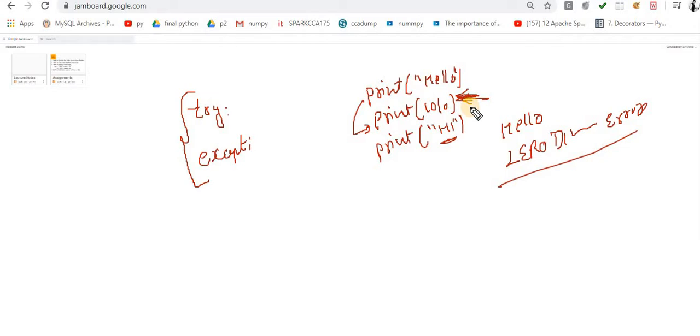This is without exception handling, without try and except. Now I want to handle this exception. For that, what do you have to do? Print hello. Then write try, colon, and press tab.